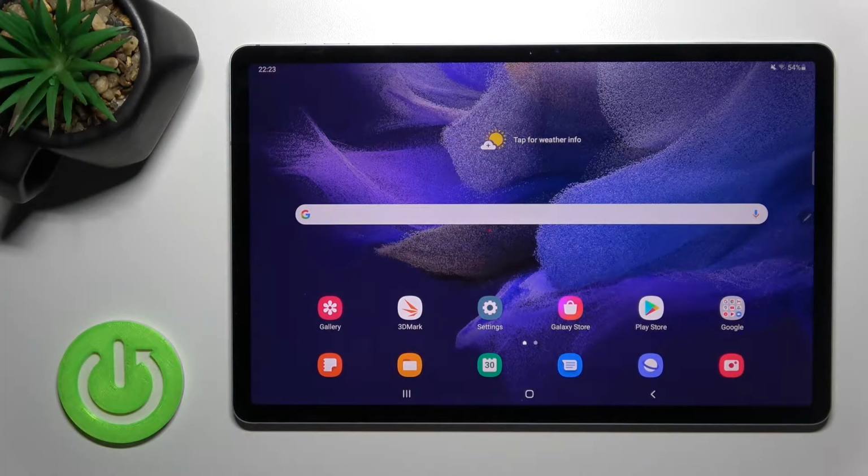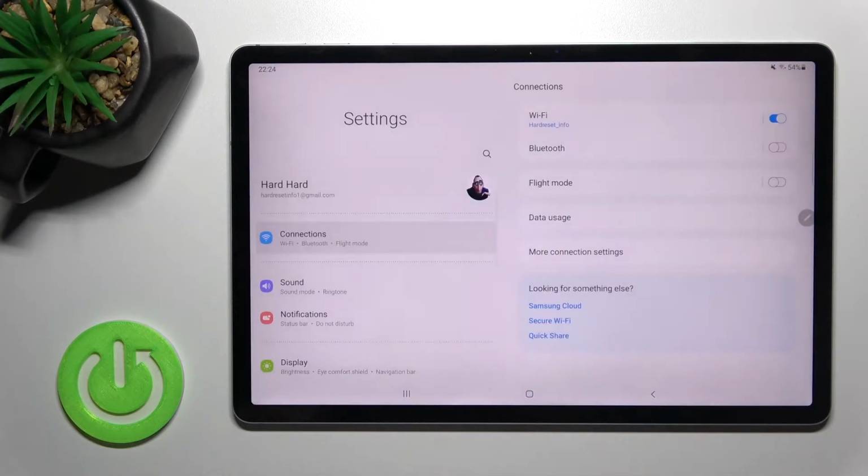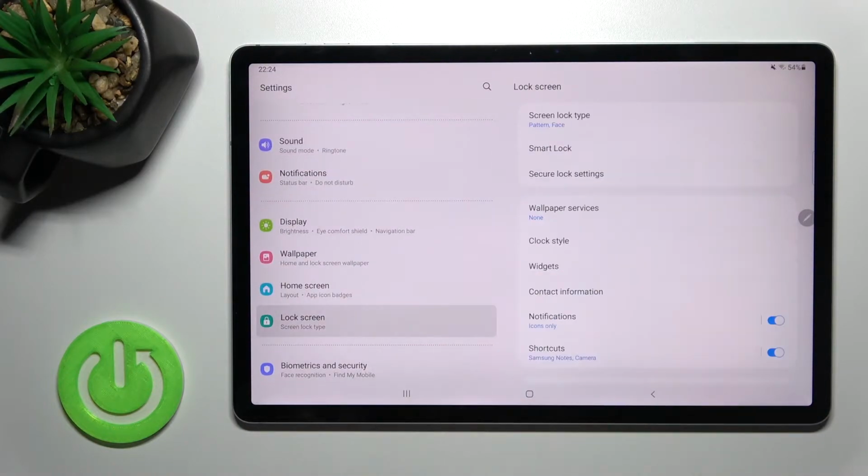Welcome to the Samsung Galaxy Tab S7 FE in front of me, and I'll show you how to hide applications on this device. So first you should go into the settings app and then scroll to the lock screen to